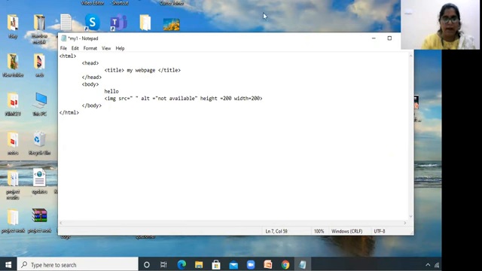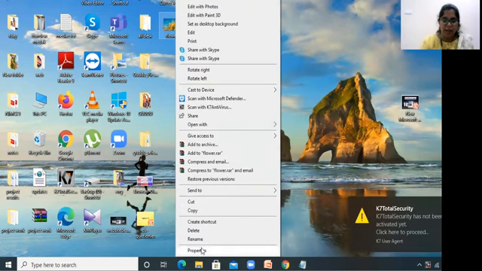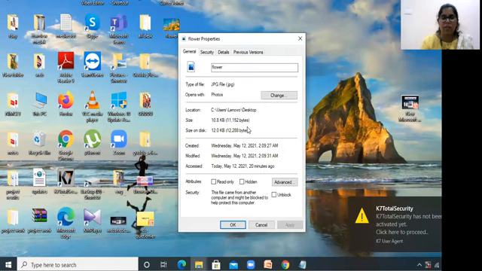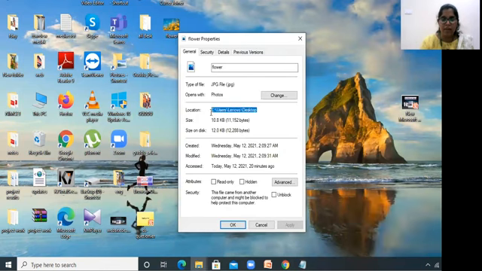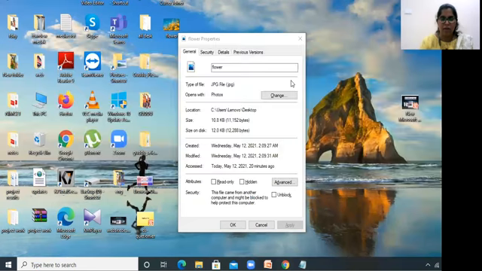And here I have an image on my desktop. Click on the image which you want to insert into your document. Then go to properties. There you can see the location where that particular image is available. Copy that location and copy the file name. The file name is flower here and its type is JPG.